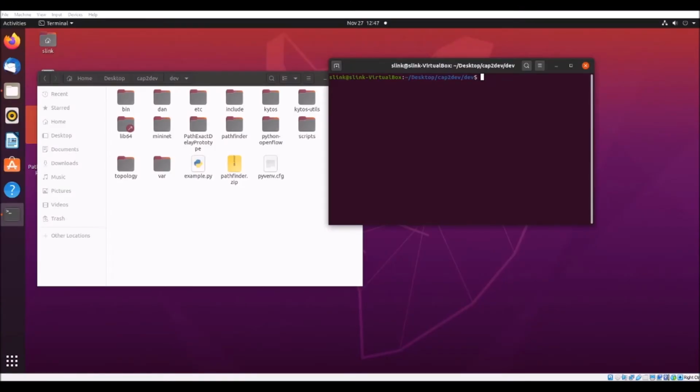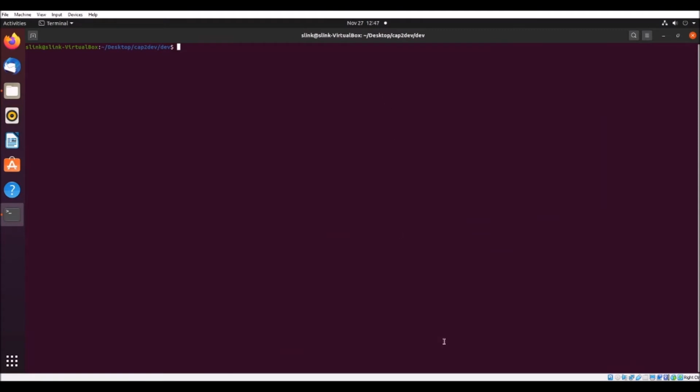Okay, so I switched over to my virtual machine, Ubuntu. This is where I do all my Ketos development. But before I continue, I want to briefly explain why we had to shift the focus midway through the semester for our project. Now, when we were ready to integrate our exact path algorithm into the Ketos Pathfinder N-app,